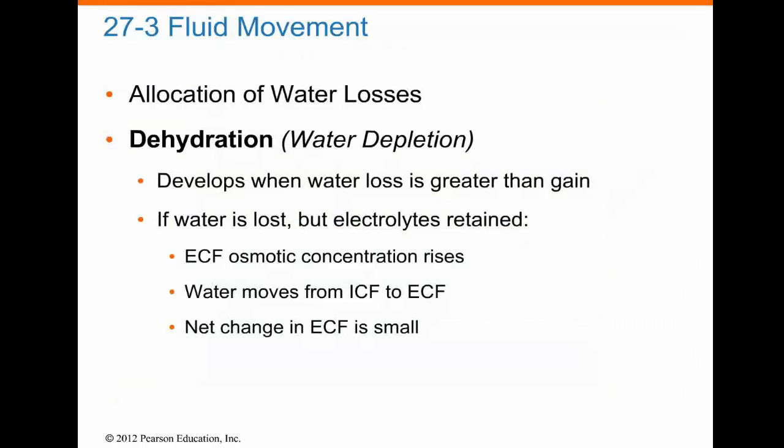So, allocation of water losses. If the person is dehydrated by water depletion, this develops when water losses are greater than gain, which means that the person is unable to drink water. But the electrolytes are retained, then extracellular fluid osmotic concentration rises, and water moves from the intracellular fluids to extracellular fluids, and there is a net change in extracellular fluid, but it is